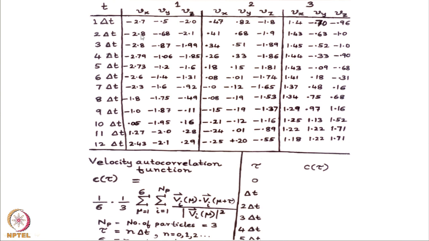Now, if I want pair correlation function at 2 delta t, take the first value and the third value, 1 into 3, 2 into 4, 3 into 5, 4 into 6. So, whenever you take pairs separated by 2 steps, that is my autocorrelation function at 2 delta t. Now, if I want correlation function at 3 delta t, take the first value and multiply by the fourth value. So, this is my first point. Then take the second and fifth, then third and sixth, fourth and seventh. So, take all products which are separated by 3 delta t. That will give me correlation function at 3 delta t.